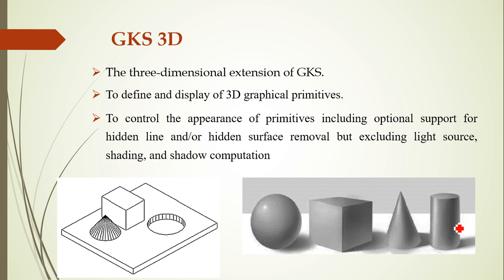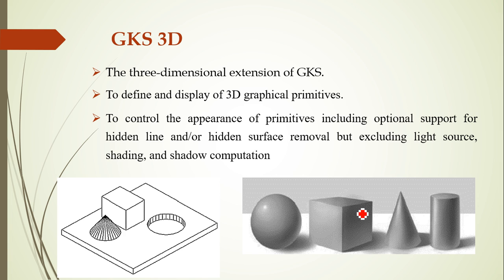Then if you extrude a square, it will become a cube or a cuboid. Then if you loft a circle with respect to a point, you could obtain a cone. So the primitives utilized here are just the extension of what you have seen in the 2D primitives. So here